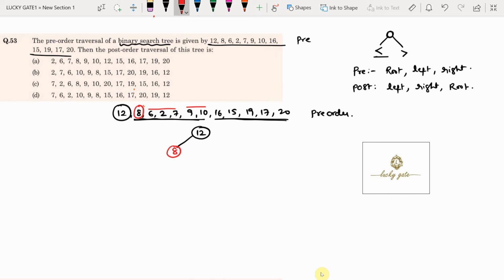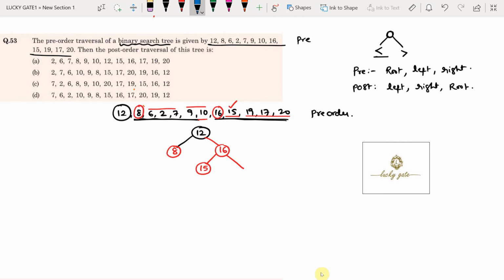In the second part, 16 will be the root node of the right subtree of 12. Lesser values than 16 will be the left subtree, and greater values than 16 will be the right subtree. Because lesser is only one key, that is 15, this is done. And the right subtree may have a root and left and right subtrees.